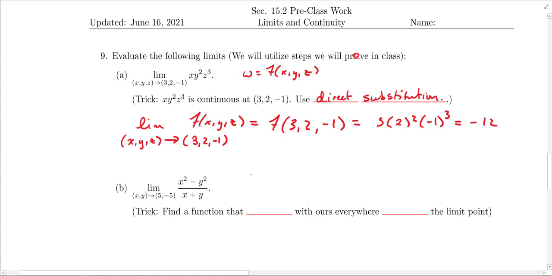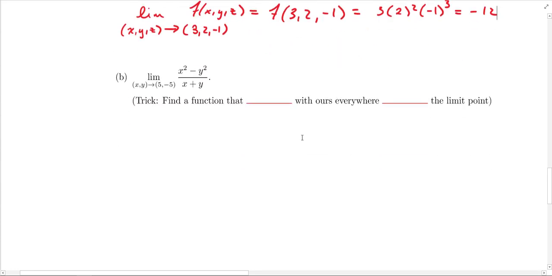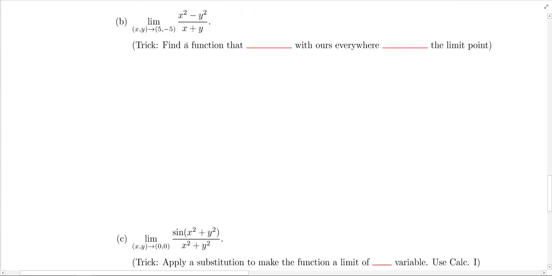And in this case, similar to some problems you saw in Calc 1, evaluating the limit was no different than simply evaluating the function at that point. We haven't proven why that's the case, and certainly most problems we encounter in this class will not be so easy. So here we have another limit of several variables that we want to evaluate. In this case, our function would be a function of two variables, and it's the function x squared minus y squared all over x plus y, and that gives us some z value